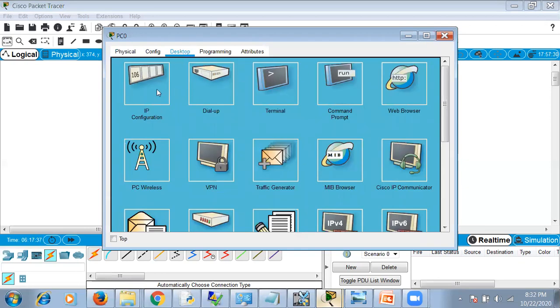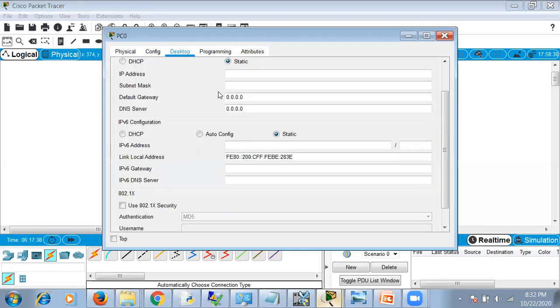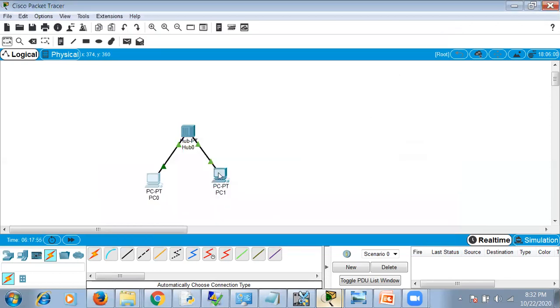So you have different options. Click on IP Configuration. Here you can set the IP address. Just for example's sake, we'll take this address. And for the subnet mask, just click here. Automatically it comes. Then close it.